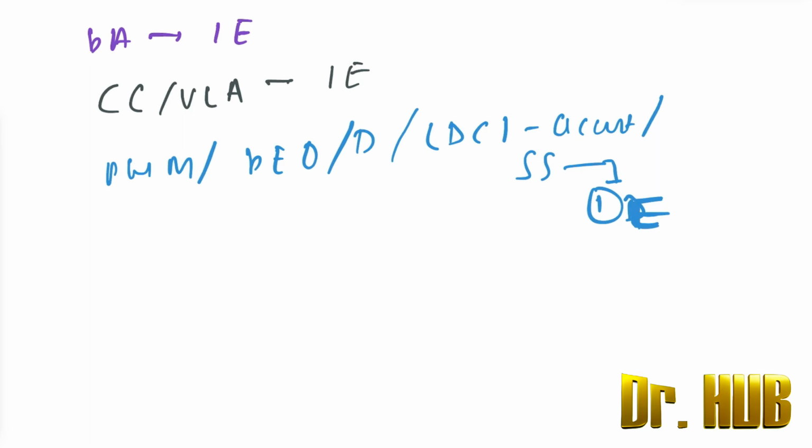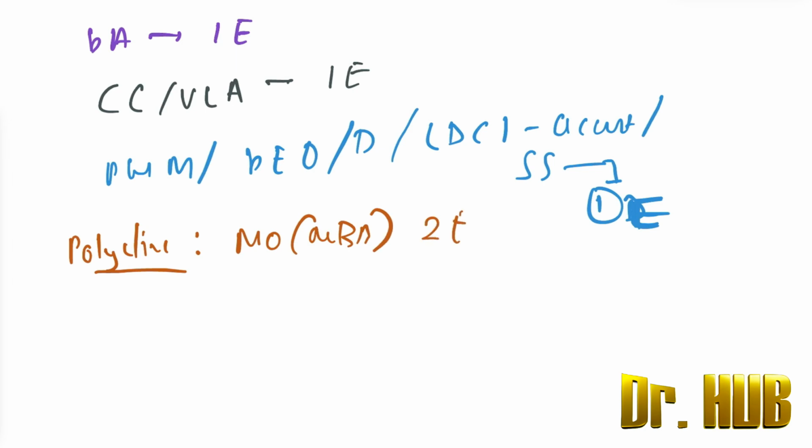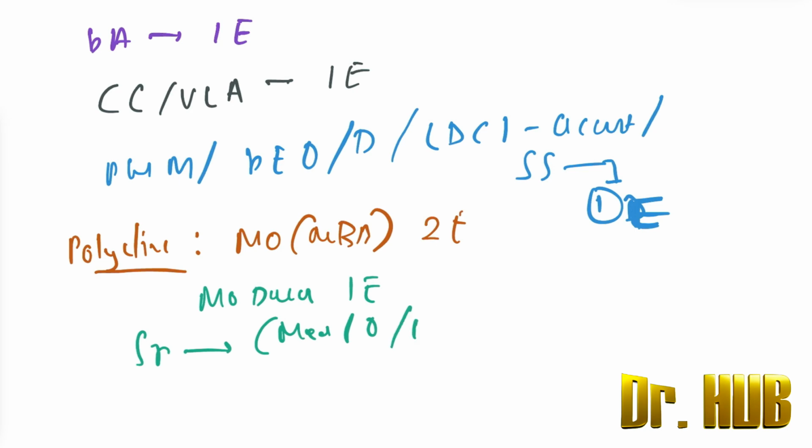Then we move on to the polyclinic. So what happens in the polyclinic? In terms of polyclinic, there is a medical officer, this is MBBS, here it is 2E. And MO dental will be 1E. The specialist, this is for medicine, obs and gynae, as well as pediatrics, ophthalmology, dermat and the psychiatry. This is all going to be 1.